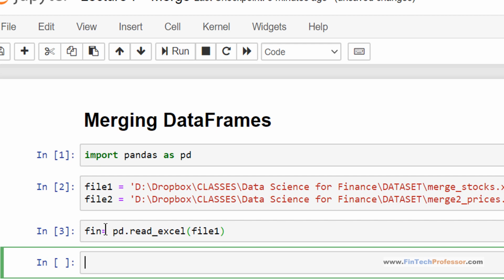And I'll write the second file to a data frame that I'll name as prc equal to pd.read_excel, and the name of this file is file 2.